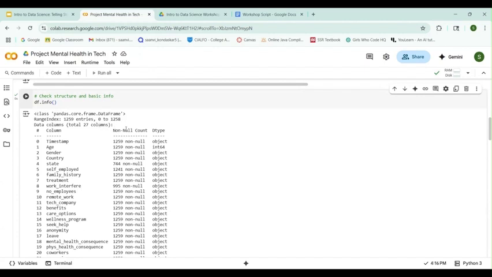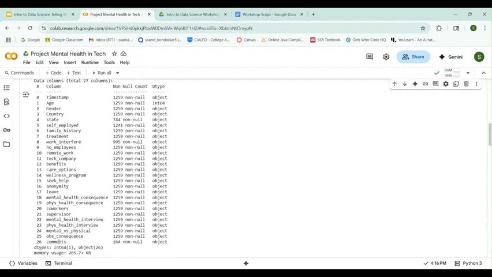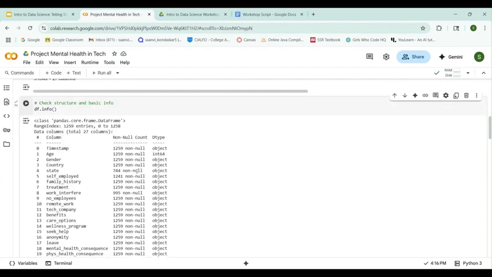The comments column, for example, contains only 164 values. So we can infer that the surveyors gave the survey participants a choice on whether or not they wanted to leave a comment. We can also see that most of these column data types are objects, while age is the only int, given that it is the only number.